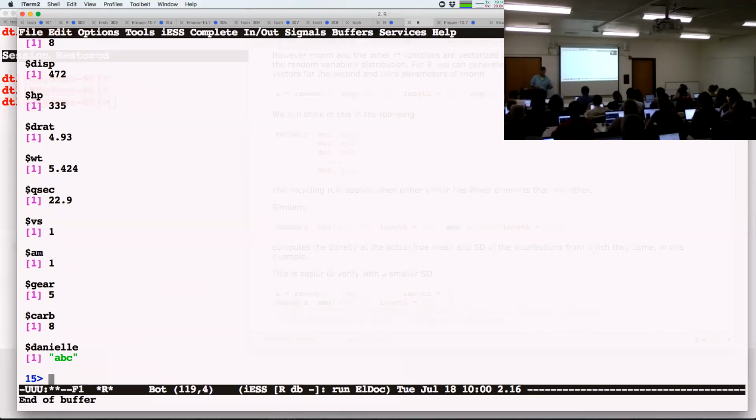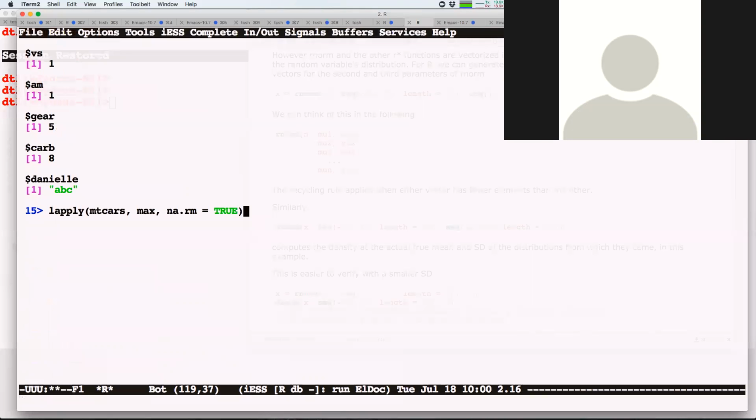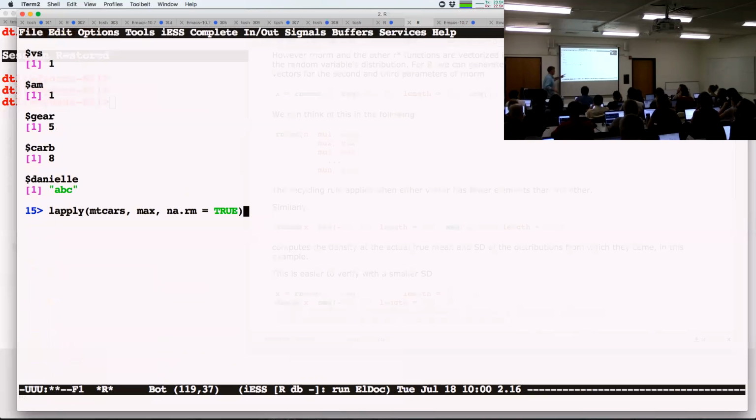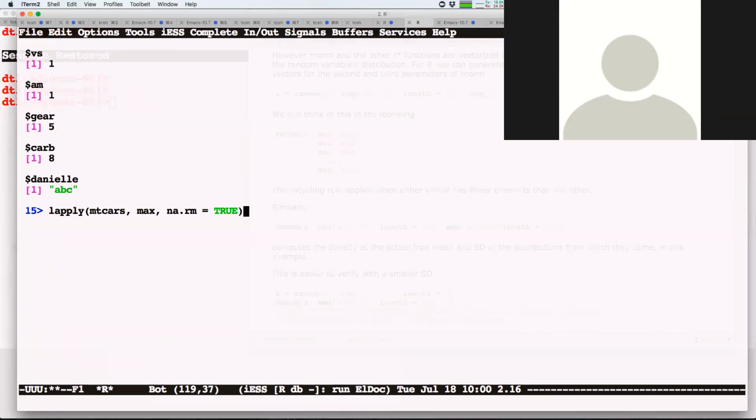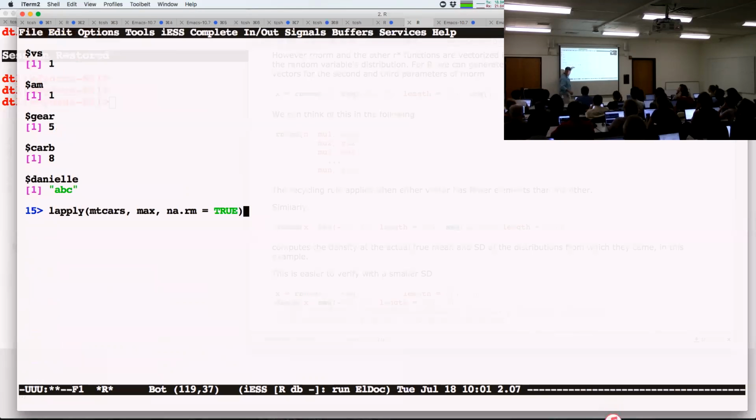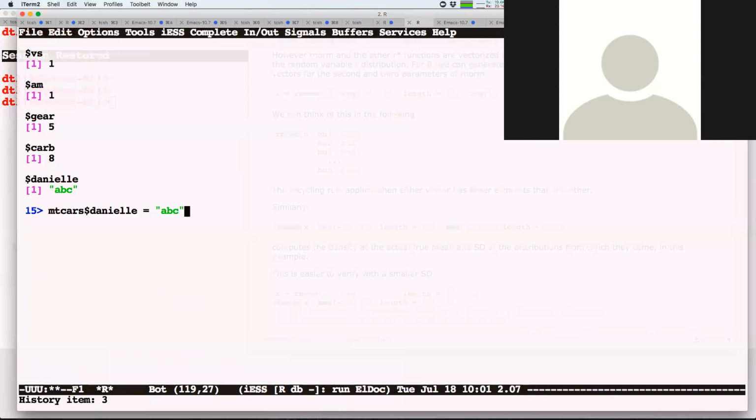One of the things we can do is this. I remember I told you we could do it this way, where I basically say, here's your function, and here are all the extra arguments that are fixed. These are constant. The only thing that changes across each call to max is which column I'm passing in.